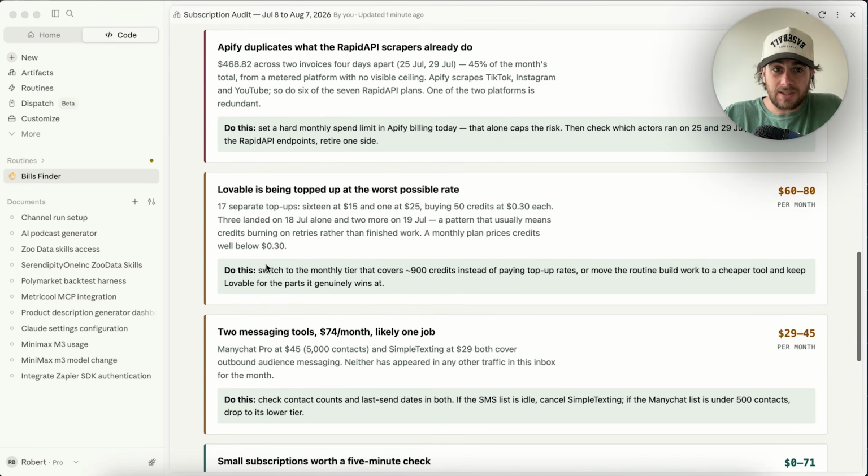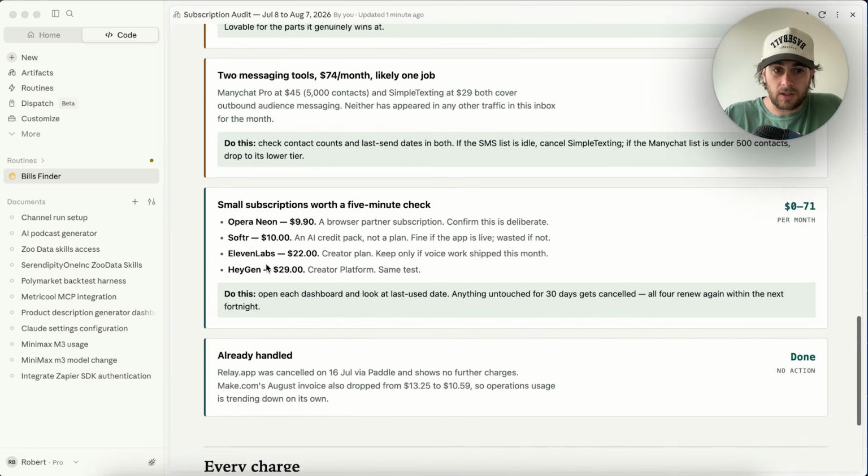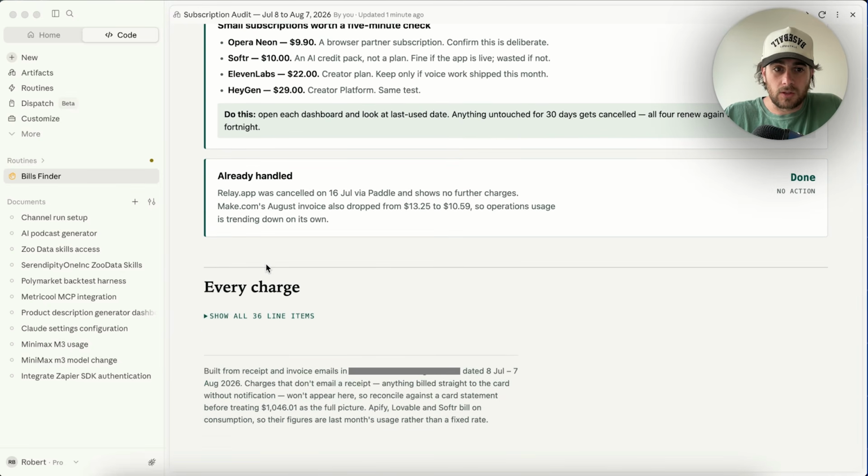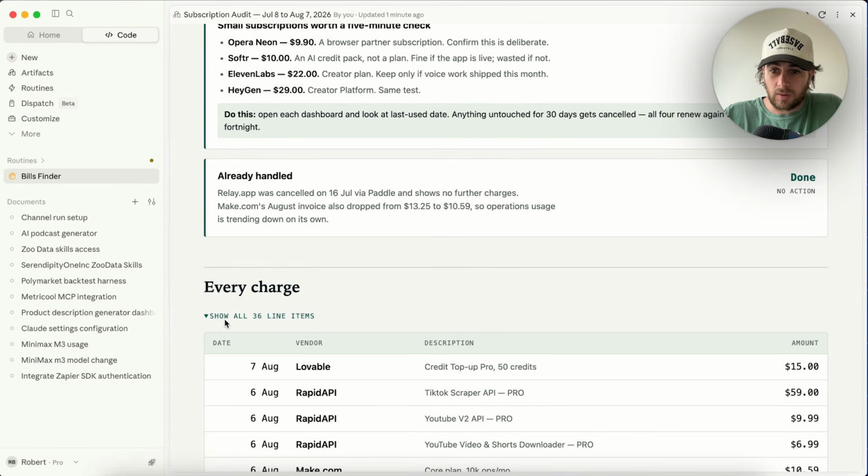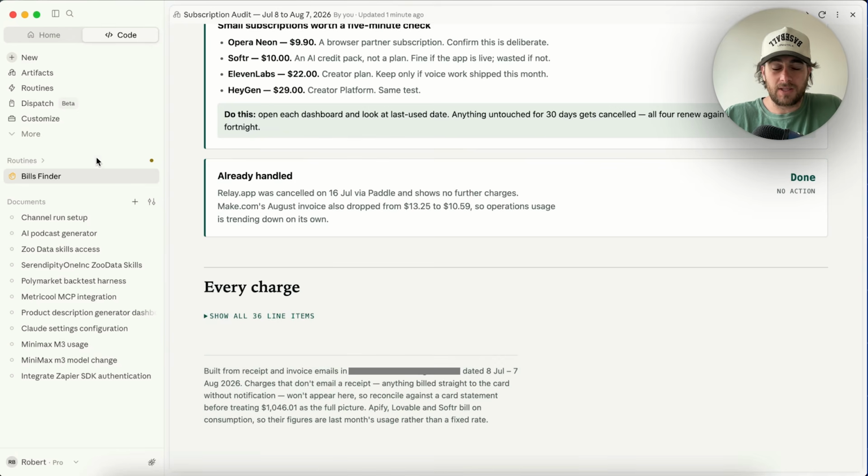Shows me any duplicates that I have. And this is pretty incredible that this actually went through and was able to actually do this right here. And this literally goes through and gives me the line items right here if I wanted to see it. And we could go through and set up these routines literally for everything that we could think of, so long